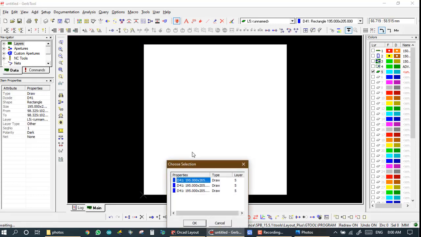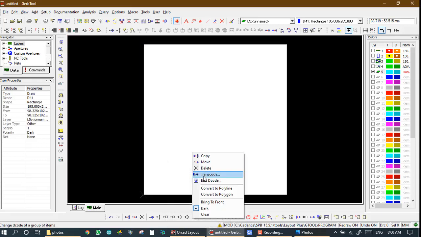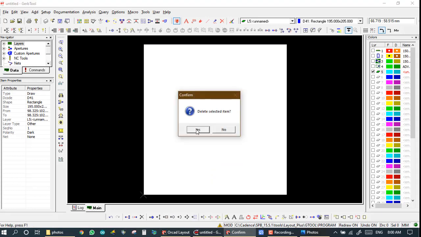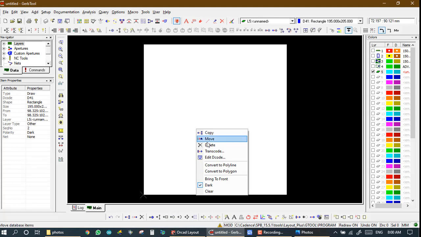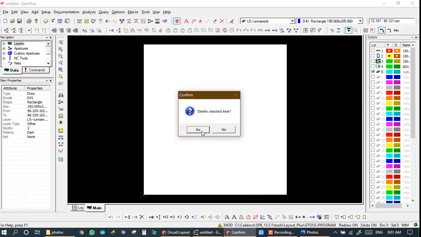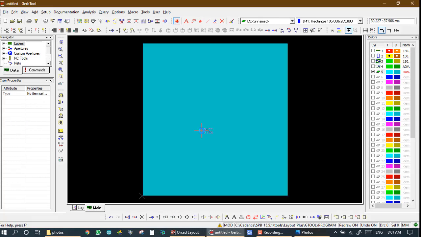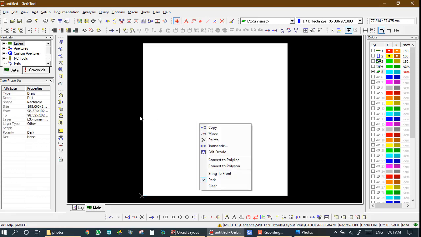Right click, enter, and delete. Yes. Right click, enter, delete, and yes. Now we have just one. If I click, then this is just one rectangle.